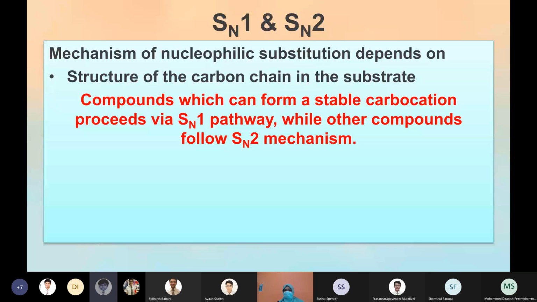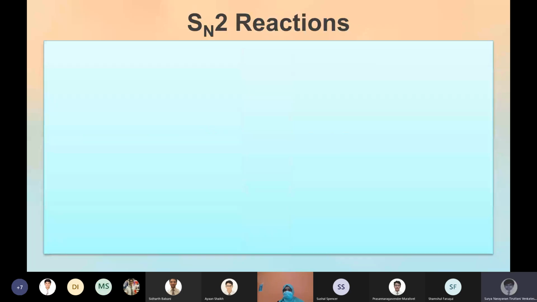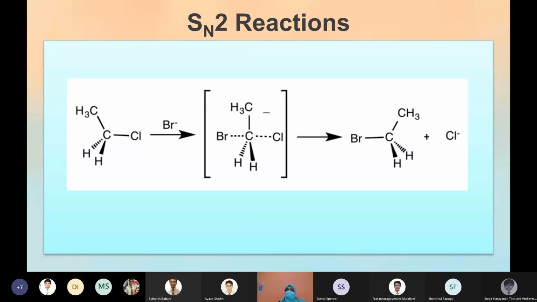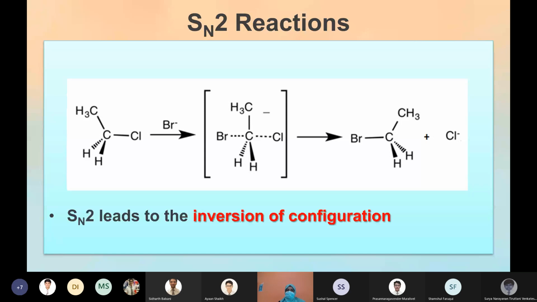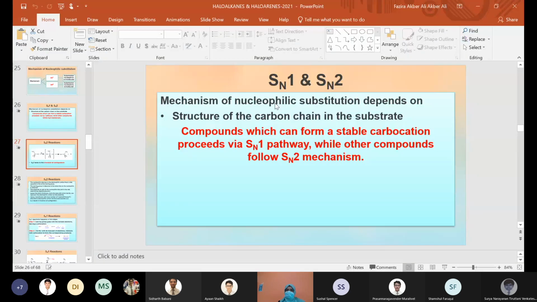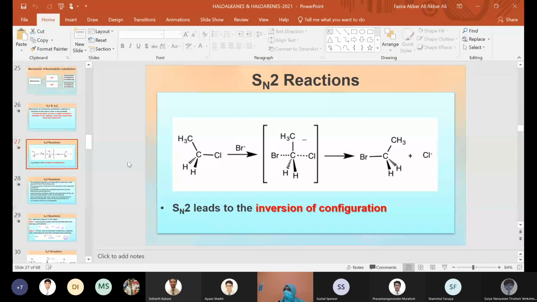And we replace a halogen with a nucleophile. When the nucleophile attacks from the opposite side of the leaving group or parent group, in between there will be a transition state where it will form a carbon, but it won't actually exist, and then the nucleophile is attached.